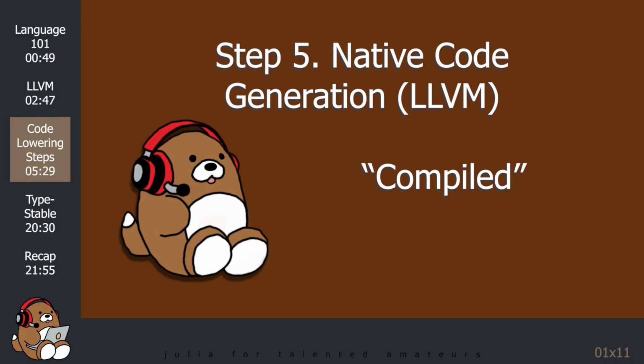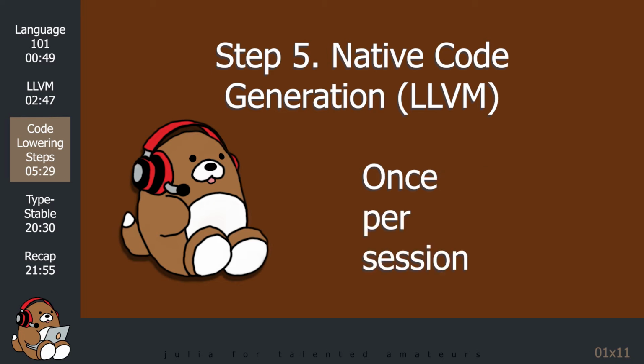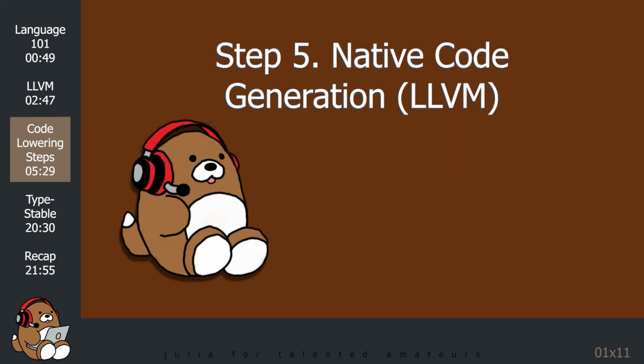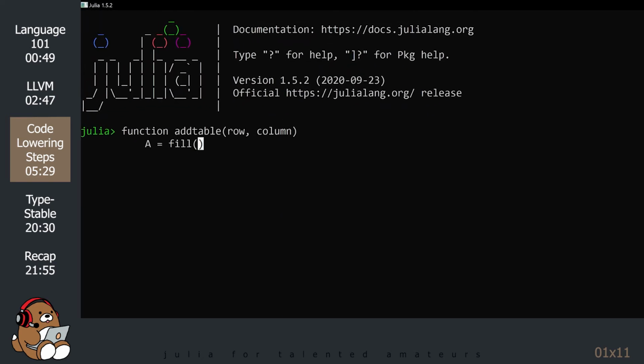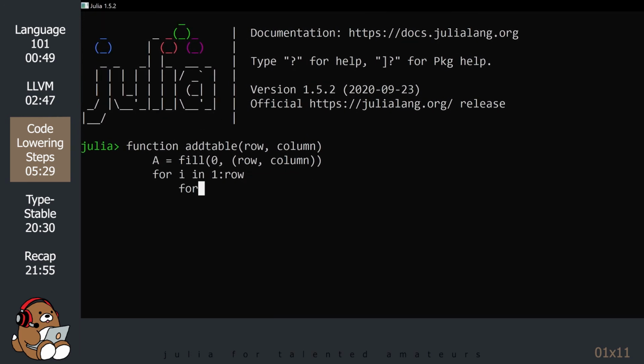Julia only needs to compile your source code once per session. I'm not sure if you've ever noticed, but there's a slight delay the first time you call a new function. However, the second time you call that same function, there's no delay. Let's take a look at a function that we learned in tutorial number 6. Today, I'll be using just the REPL and not Atom. I'll speed up the typing since you've already seen this code.